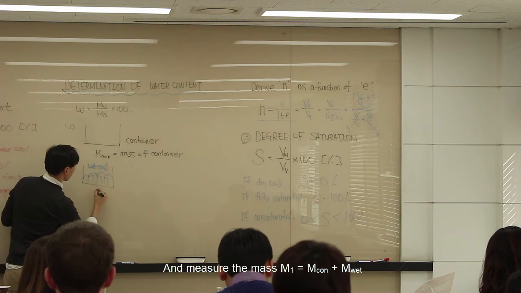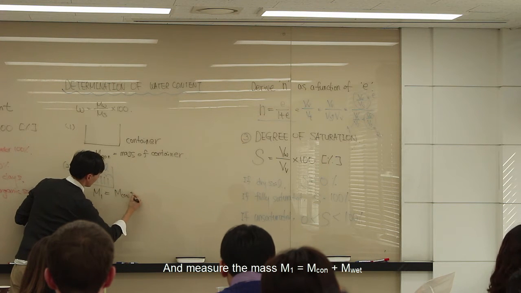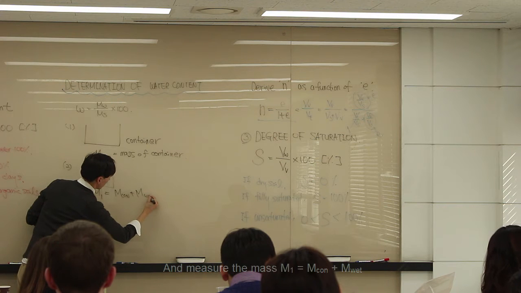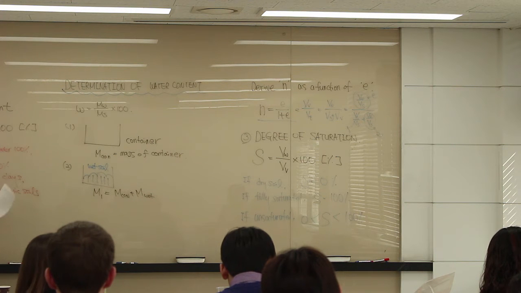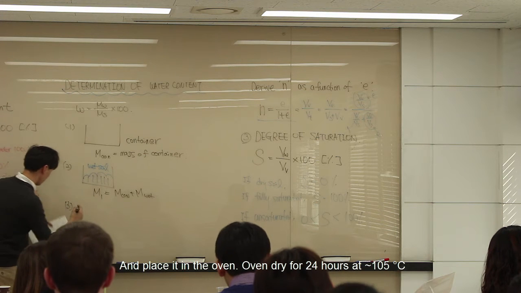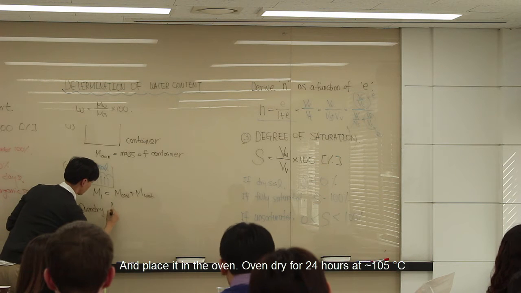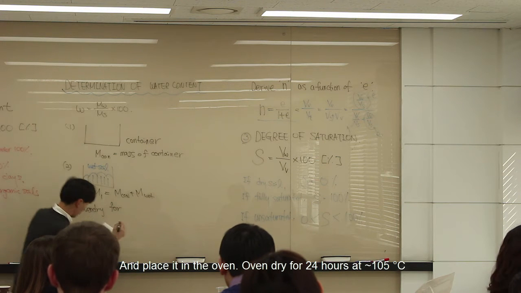You measure the mass, and that's going to be M1, the container mass plus the wet soil mass. And place it in the oven, oven dry for 24 hours